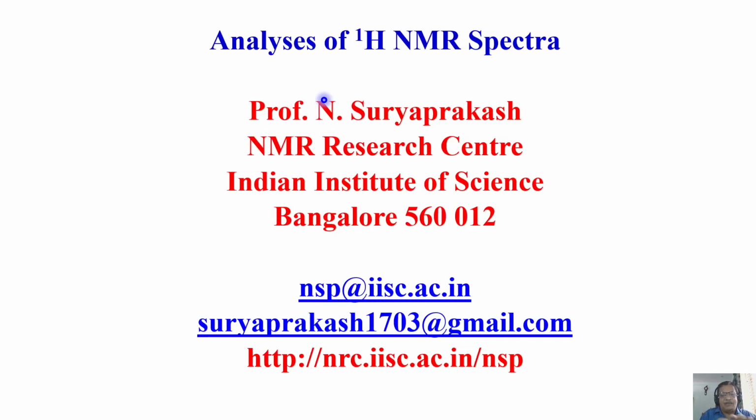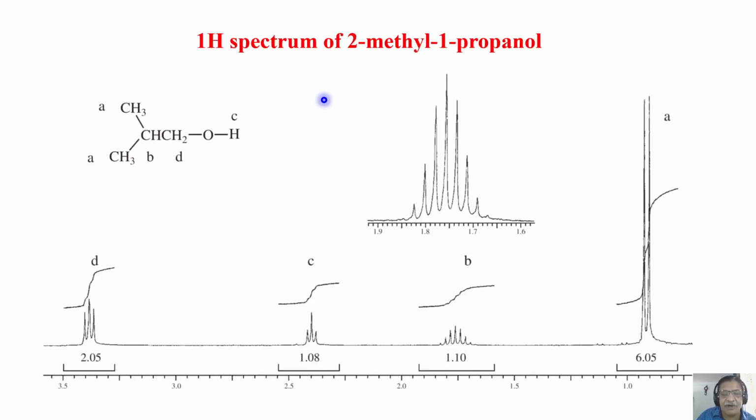In the sense, you can start assigning the peaks and get the molecule you are looking at. This is basically what you can do in the analysis part. Of course, if you want more information, you can analyze the multiplicity pattern very carefully so that you can get the J coupling information also. That's also possible. But again, we will continue like this with the analysis part.